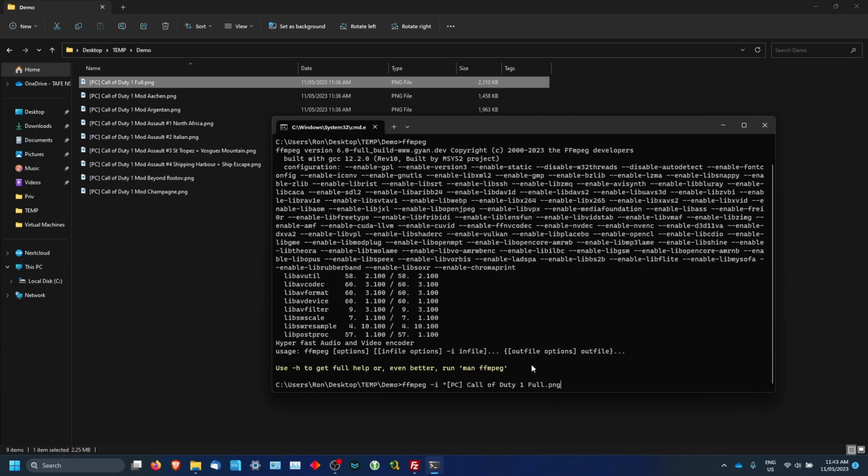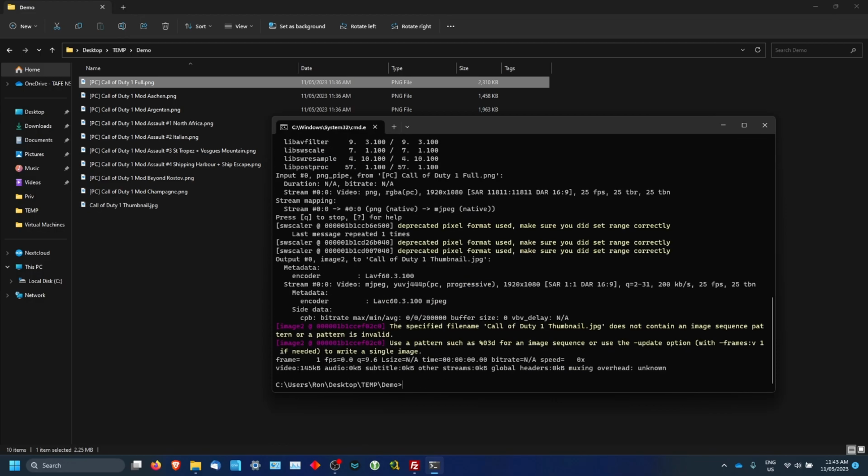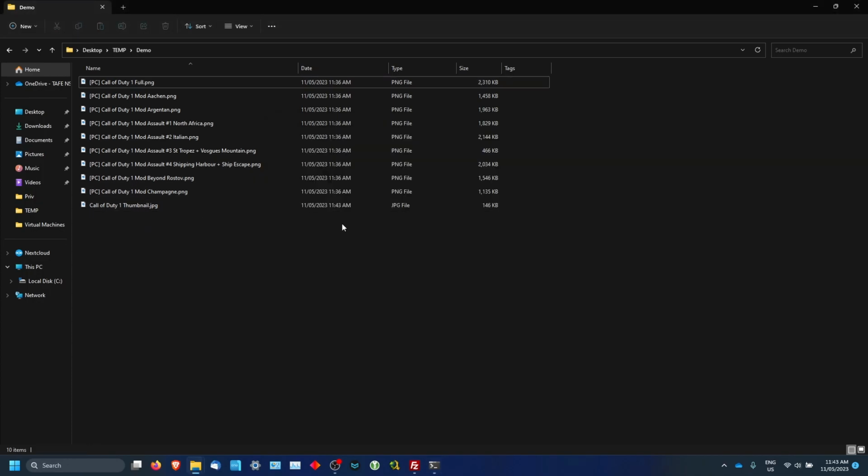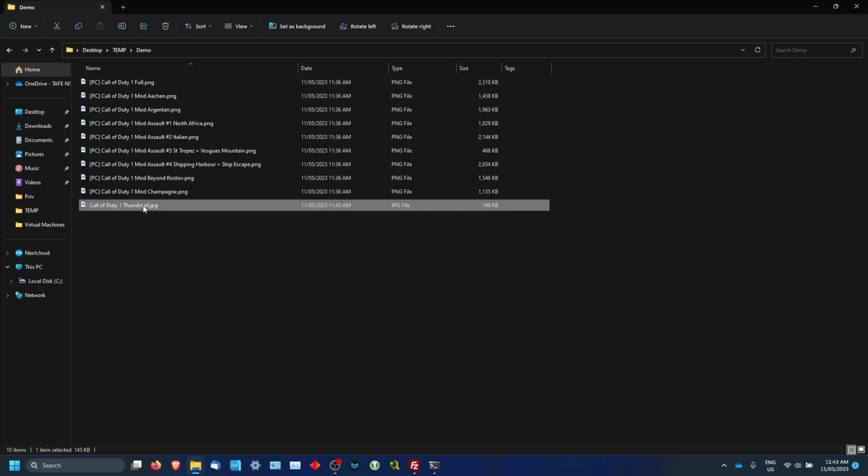So we'll copy and paste that to the command line, and then we'll specify the output. You can also put that in quotes if you want spaces. So we can say Call of Duty 1 thumbnail.jpg, and you press enter, and FFmpeg will do that pretty fast. So if we have a look here, we can see we've converted this 2 megabyte file into 146 kilobytes,